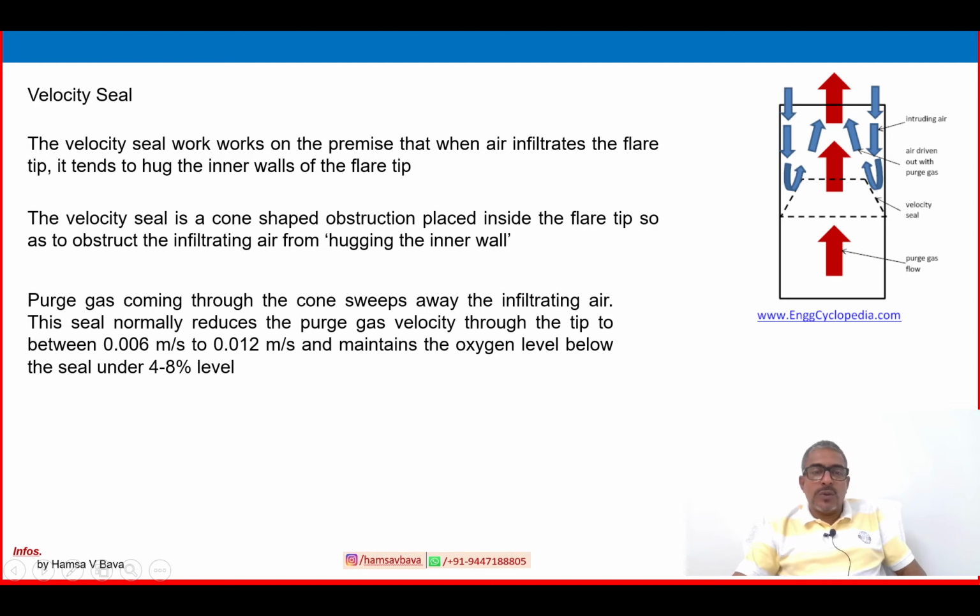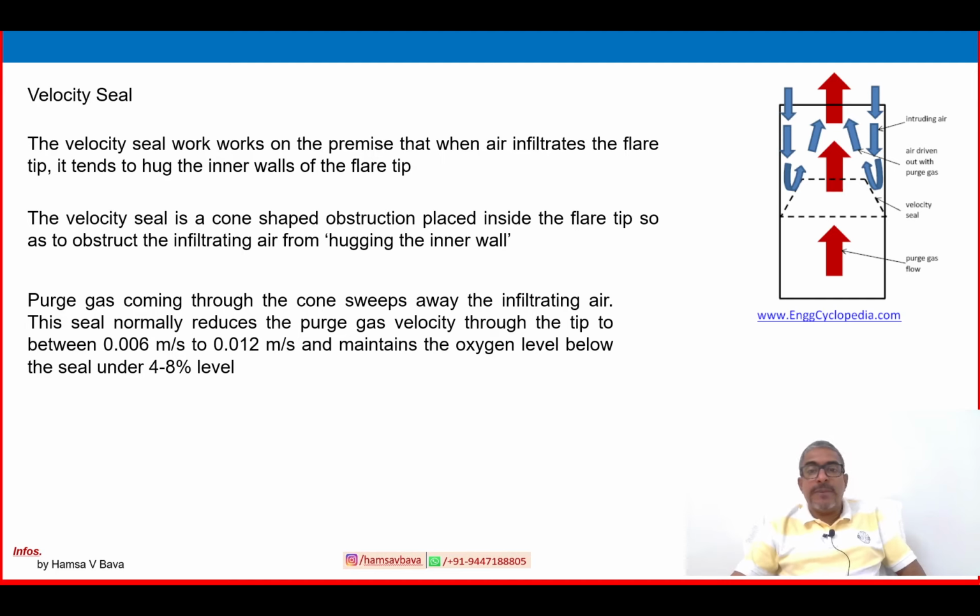Purge gas is coming through the cone, sweeping away the infiltrating air. This seal normally reduces the purge gas velocity through the tip to between 0.006 meter per second and 0.012 meter per second, and maintains the oxygen level below the seal under 4 to 8 percent excess. So it is making sure that excess air is always supplied, and air infiltration